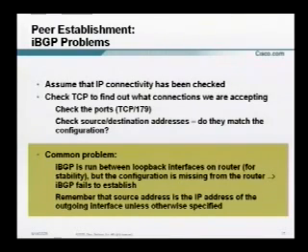One common problem that you find deploying iBGP: when you deploy iBGP, you run iBGP between loopback interfaces on the router. You don't run iBGP between the physical interfaces. Right, you should know that. If you run it between a physical interface, and that physical interface goes down, your iBGP goes down. The whole point of deploying iBGP in the network is to have a stable system of delivering prefixes around within the backbone. So having an internal BGP dependent on a physical interface means that your internal BGP is only as stable